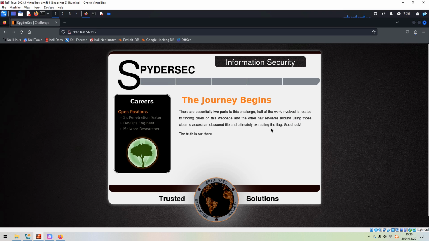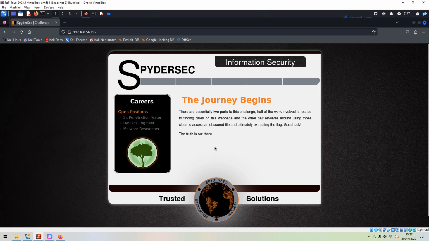I think the flag has been put into the obscured file. So, for example, steganography techniques will possibly be used.